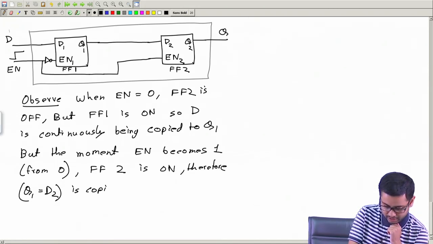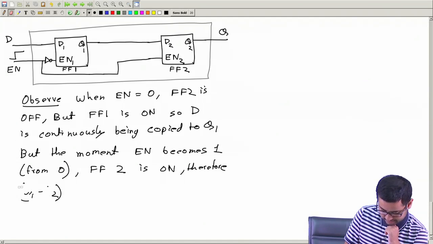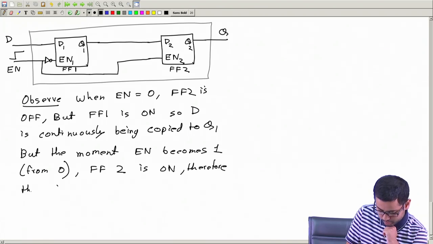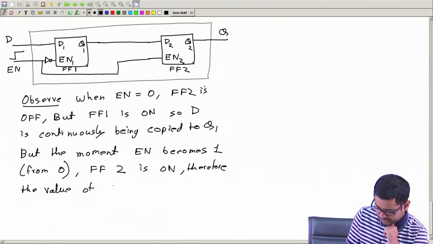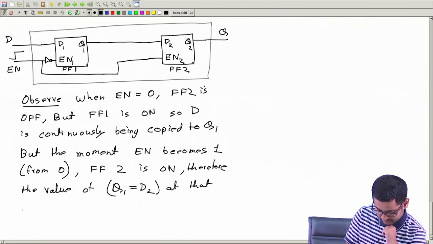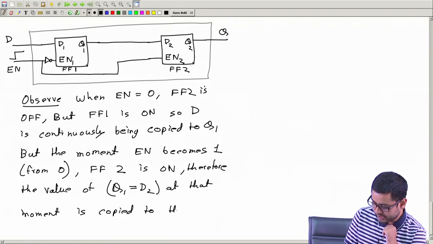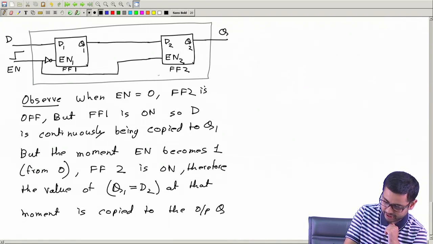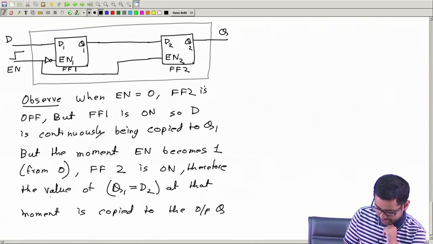Therefore the value of Q1, same as D2 at that moment, is copied to the output Q. So the moment this second flip flop is turned on, the value of Q1 goes from here to here. And the value at that moment